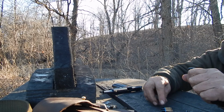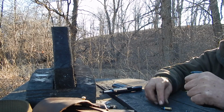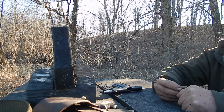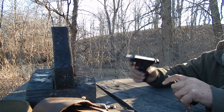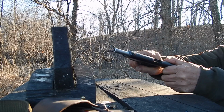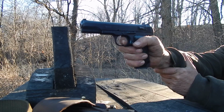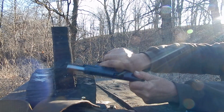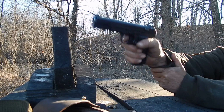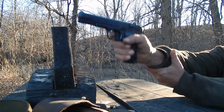But I think this isn't a bad idea for, like I say, training somebody, getting them used to the idea, because they're plenty loud. I made the mistake with the first one I shot. I didn't put my earplugs in. But I think just the extra safety factor of not having to worry about them rattling off that second shot,